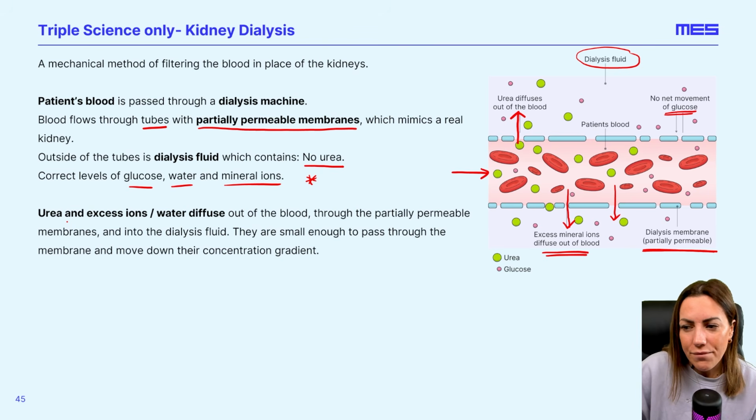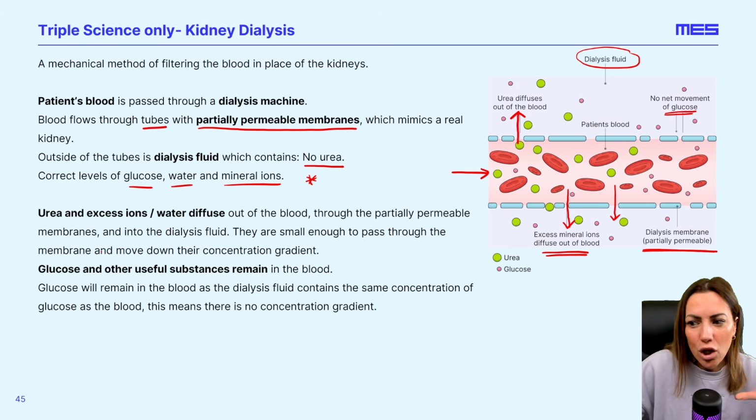I think I've explained that already, but let's go through it and see if the notes make more sense than what I've just said. So urea will diffuse out because you've got high urea in the patient's blood, no urea in the dialysis fluid. Excess ions and excess water will diffuse out. So if there's more in the patient's blood than there is in the dialysis fluid, it will diffuse out through the partially permeable membrane. They're small enough to pass through the membrane and they're going to move down their concentration